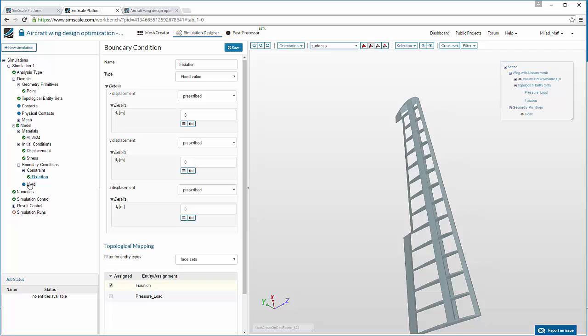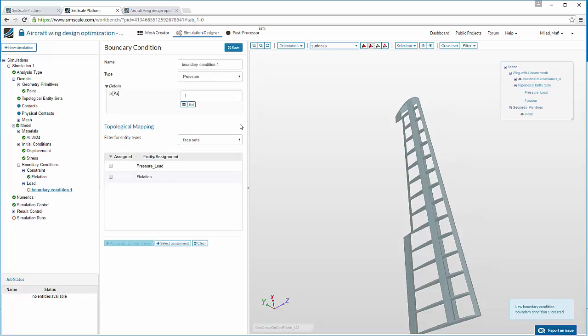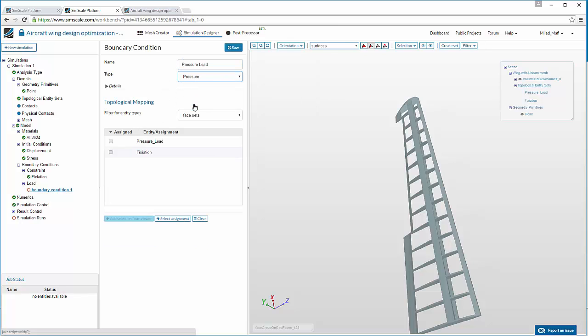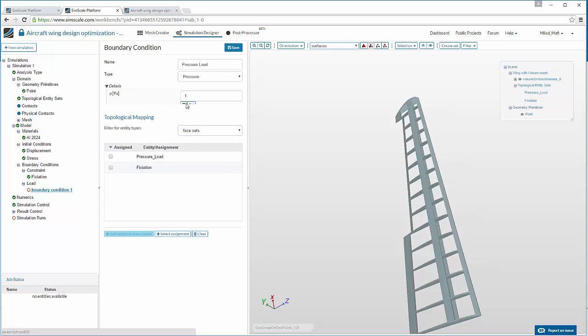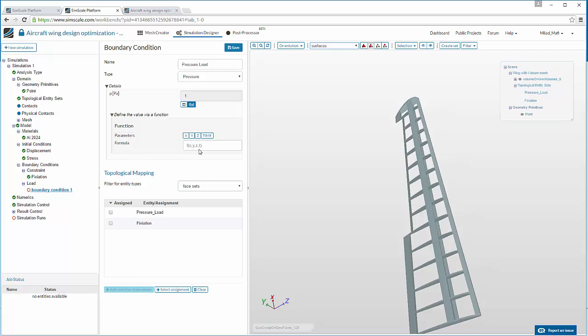And this is done. And next we will apply a load boundary condition. Let's call it pressure load. Type pressure is fine. There are also other types available. And instead of using a fixed value for the pressure, we will define a function